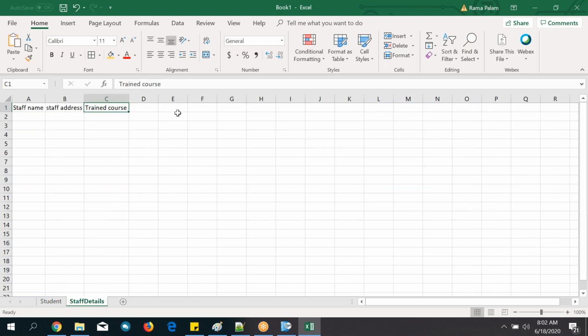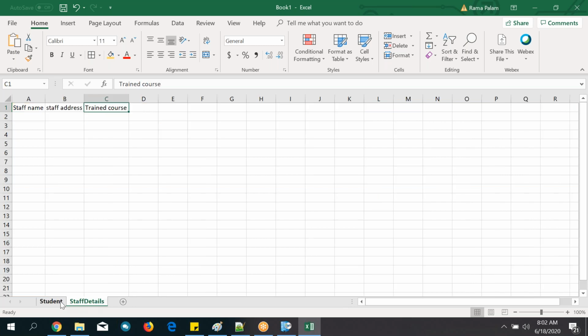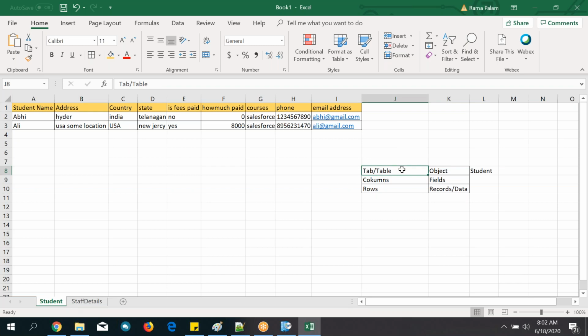Suppose I want to create a trained course field column with respect to the staff details tab only. That means if you want to create columns, you need to create the columns with respect to tabs only. In that tab only you need to create. Understand? Tab means what? Object. So this column you are going to create in Salesforce as a field.